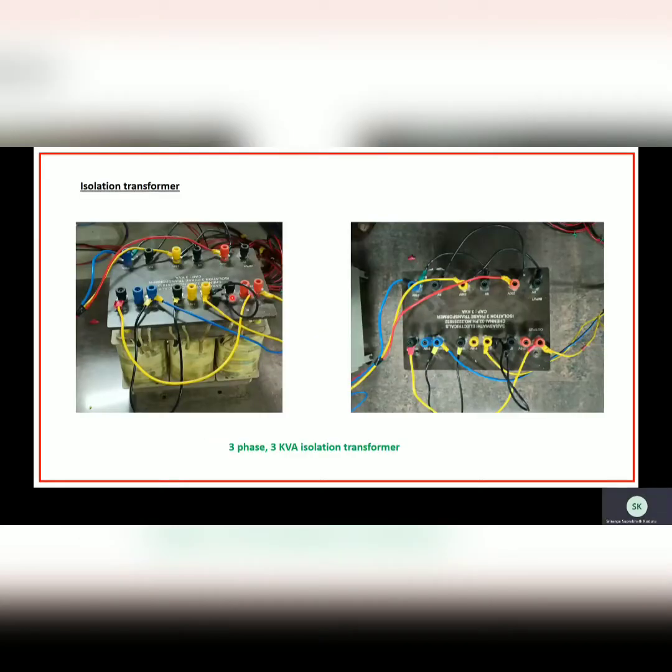This is an isolation transformer. This isolation transformer is placed after the auto transformer at the grid side. So it will provide basically the electrical isolation between the inverter and the grid. This isolation transformer's input is coming from the three-phase grid supply, and the output of this isolation transformer is going to the TPDT switch. This is a delta-delta connected transformer. The rating of this transformer is 3-phase 3 kVA.